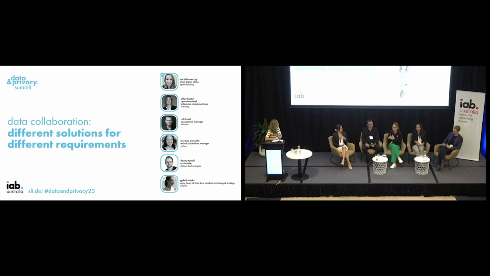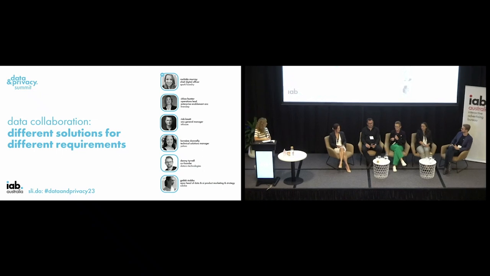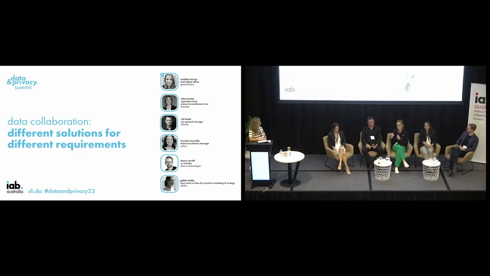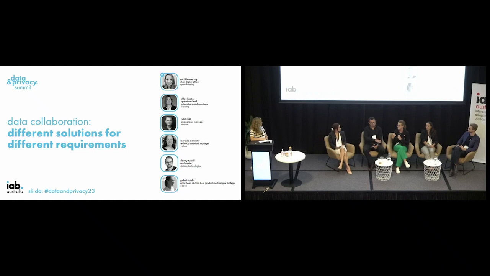So the first focus areas will remain the same for data collaboration as everything else for a publisher. That is your data first and foremost. That is gold if you're a publisher, especially as you're competing in a media context against other platforms. The second piece absolutely is privacy. We've spoken about that consistently across here. And the third piece is integration, especially when you think about the complexity that we're looking at. I think that bit gets significantly harder moving forward if you're a publisher. So they're the three focus areas, but there are three layers to each of those that become areas that I really think they need to hone in on.